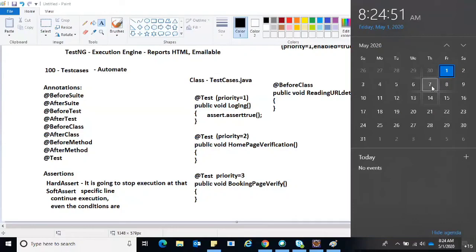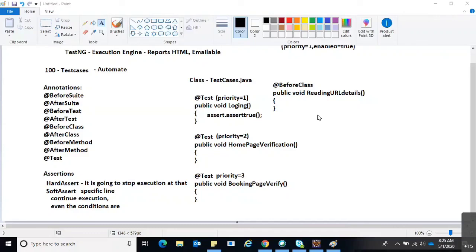After the 7th I have other things which I need to manage, and some other regular batches are also going on. Regular batches timing is also the same, 7 to 8.